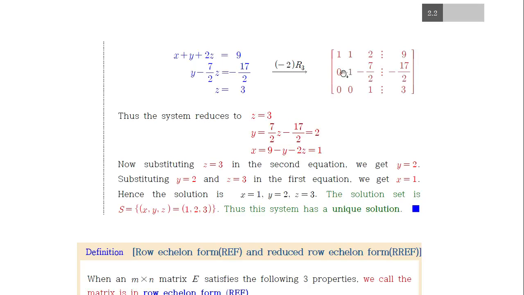근데 만약에 거기에 보태서 이 리딩 1의 위도 다 0이면, 즉, 여기다가 마이너스 1배해서 위에 더해주면 이게 0이 되죠. 여기다가 마이너스 2배해서 여기 더해주면 이거 0 되죠. 그렇죠? 여기다가 마이너스 7분의 1을 곱해서 더해주면 이거 0 되죠? 그래서 이 리딩 1의 아래뿐만 아니라 위도 다 0으로 만들어주면, 로우 에첼론 폼에서 한 번 더 리듀스했다고, 더 단순한 모양으로 만들었다고 리듀스드 로우 에첼론 폼, RREF라 그래요.